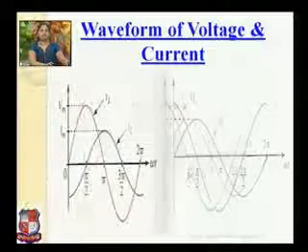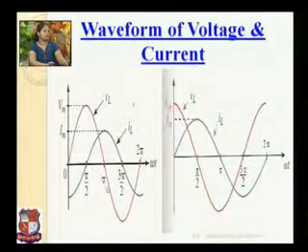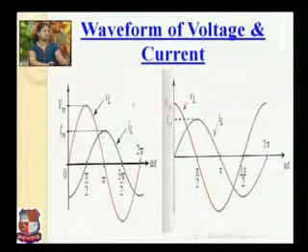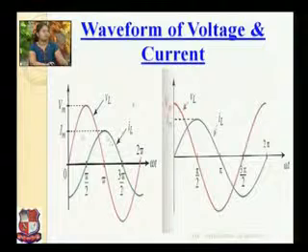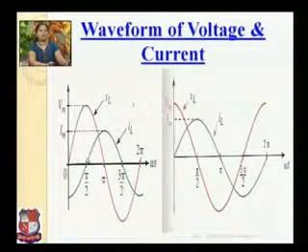This is the waveform of voltage and current. This red waveform is a voltage waveform and this green waveform is the current waveform. As we had discussed earlier that current is lagging behind the voltage, means